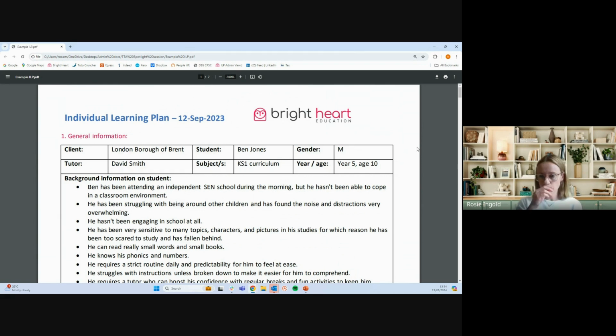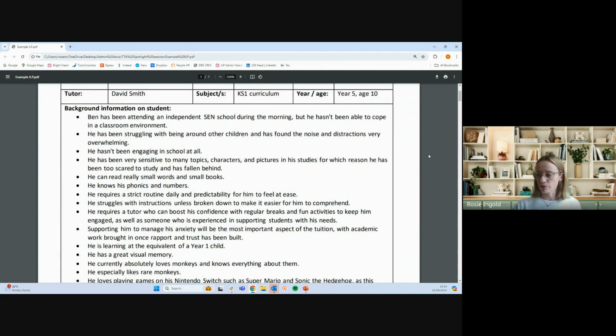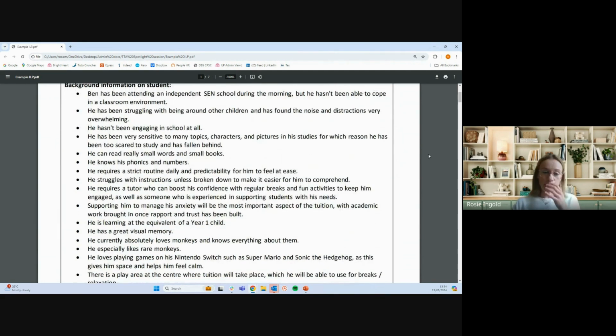What we ask our tutors to do is to carefully read through their students' EHCP, to have discussions with parents and obviously with their student as well, and to put together an individualised learning plan that supports the outcomes stated in the EHCP. We provide our tutor with some background information on the student, and we gather that both from the EHCP section A and also from discussion with parents, carers or other guardians. And that gives the tutor some good insight, not only into the educational needs of the student, but also into